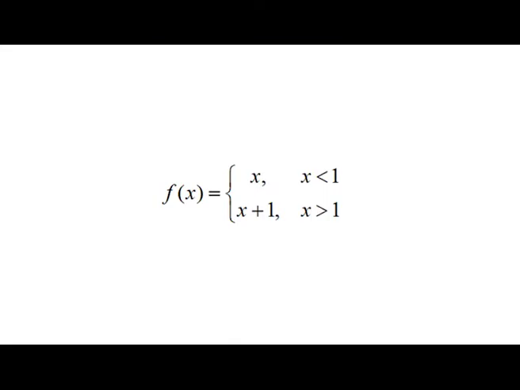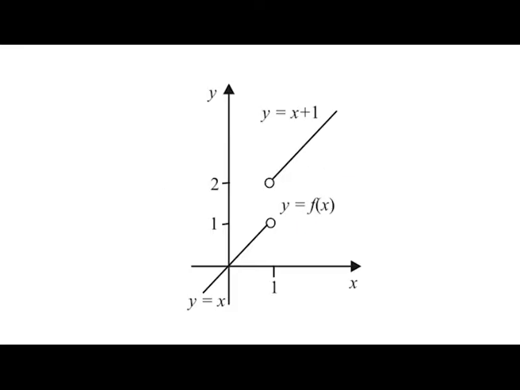We illustrate this by showing that the limit of f(x) as x approaches 1 is not equal to 2 for the function f(x) equal to x if x < 1, and x + 1 if x > 1. The graph of the function is given in the figure. Intuitively, from the figure, the limit of f(x) as x approaches 1 is not equal to 2. We prove it also using the delta epsilon game, which uses the epsilon delta definition.